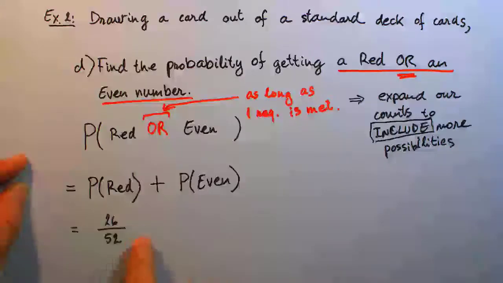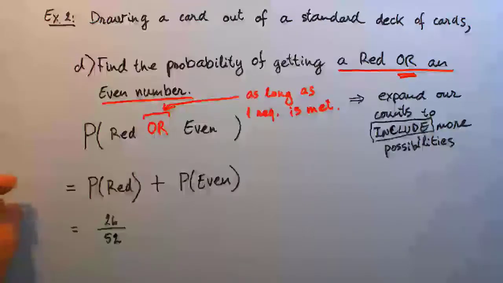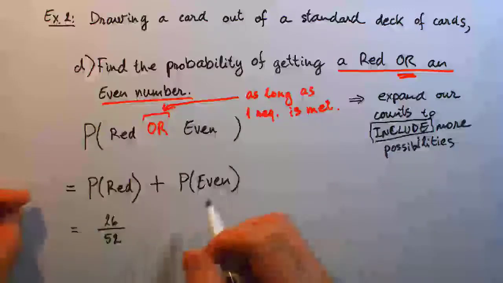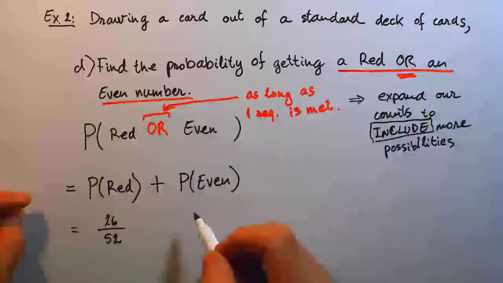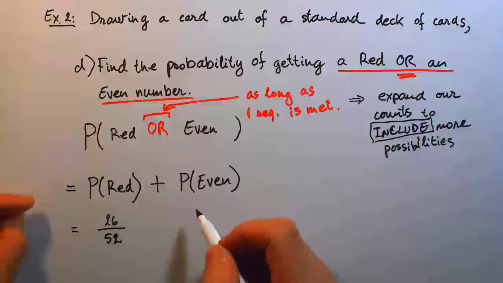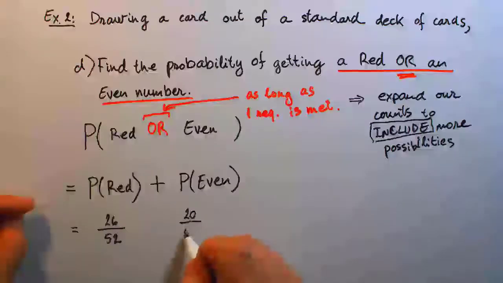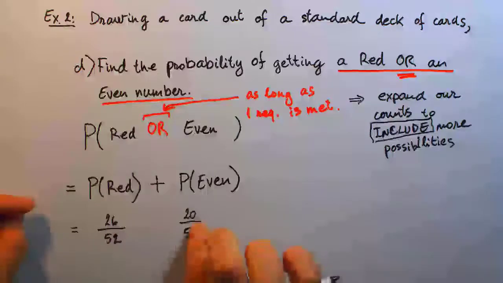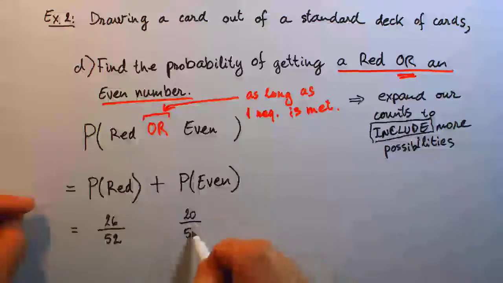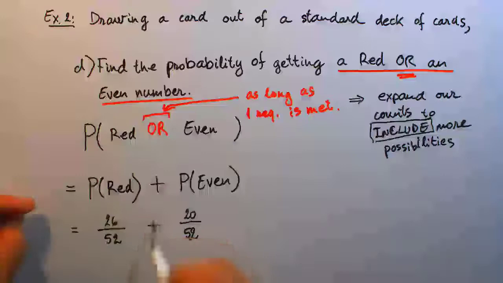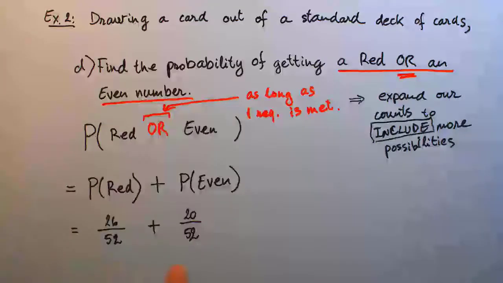And there's a reason why I don't reduce the fraction here, just to make it easier for the later step. The probability of the even numbers, we look straight through our counter here, and we have 20 out of 52. And we add them. But now as we start doing this, you have to be careful